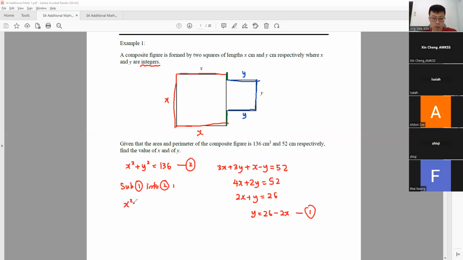Okay, so x squared plus (26 minus 2x) bracket square equals to 136. From here, you should do your expansion properly. Make sure you don't do it wrongly. So 26 squared is 676 minus away 104x plus 4x squared. Okay, put them together, 5x squared